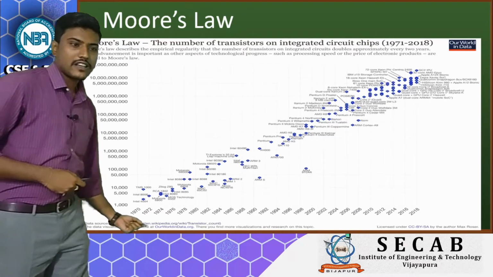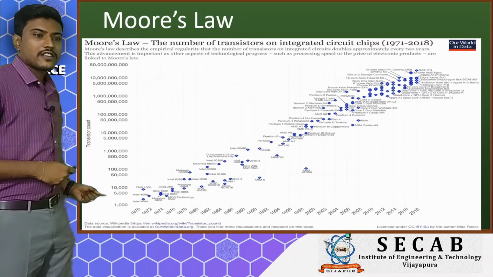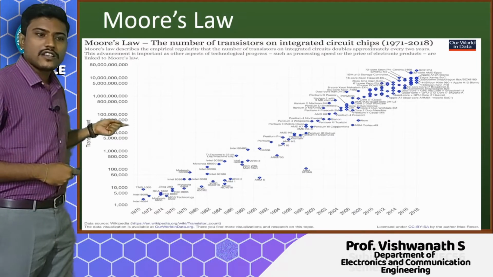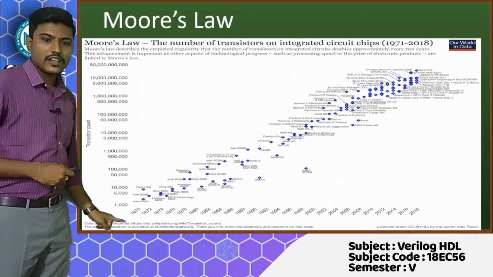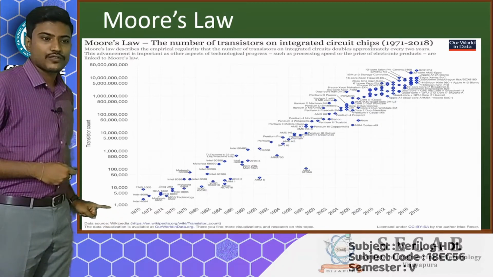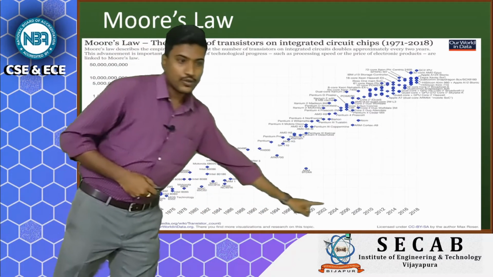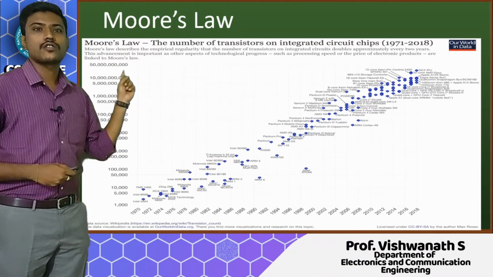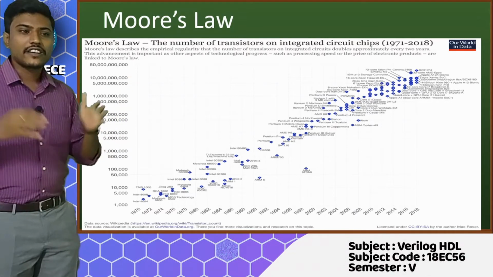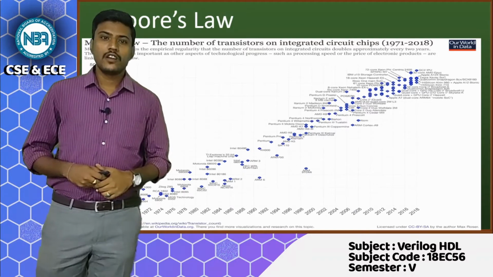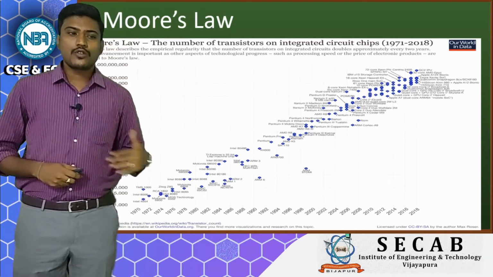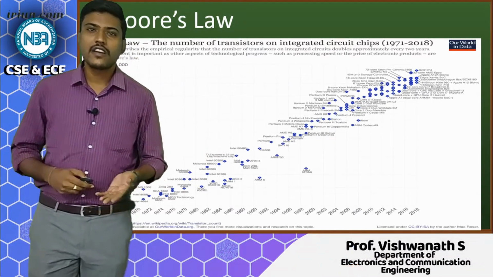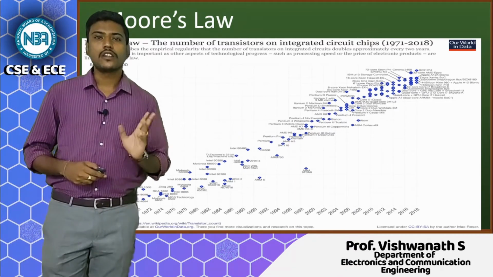Now as the years keep increasing, the number of transistors being packed into the device keeps increasing. As you can see here, in 1970 it is only in terms of thousands, but when it comes to 2018, you might observe that it is in terms of hundreds of thousands of transistors being integrated into a smaller device. So as of now, Moore's law keeps going, as we know that the number of transistors in a single device has to double every 2 years.